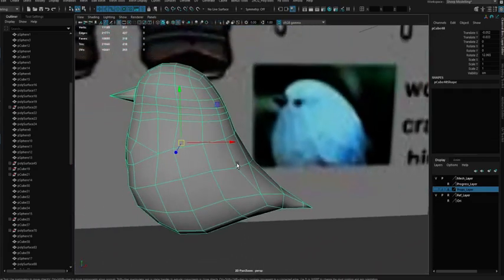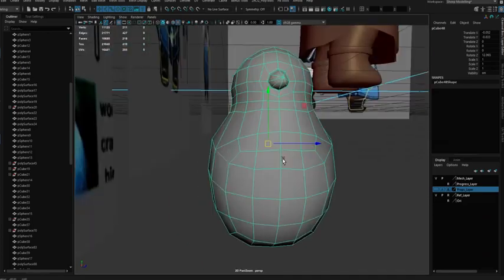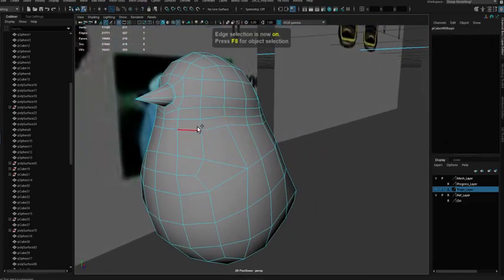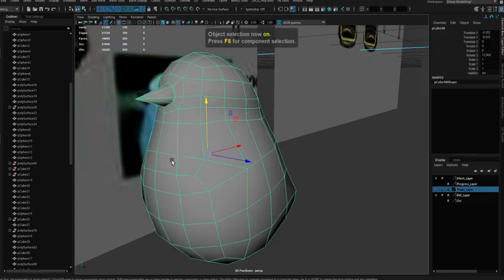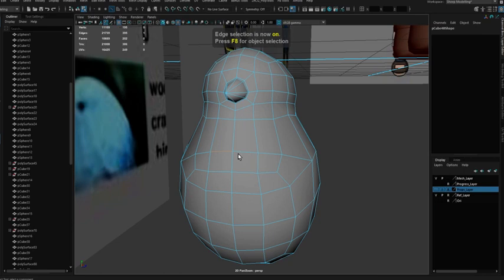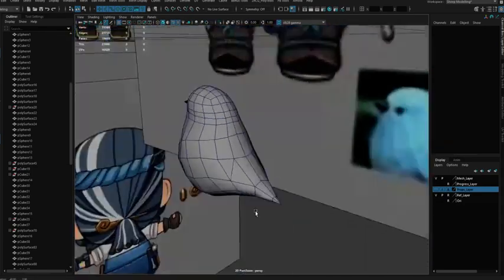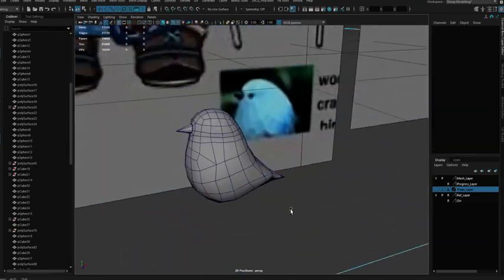So now this birdie is basically 218 polygons, which can be reduced further if we get rid of these guys. Just bring them in. Now it's 22. This particular part here is just like this, and this gets erased as well, and this gets erased as well. So now if you look at this, we have a good, sweet bird.